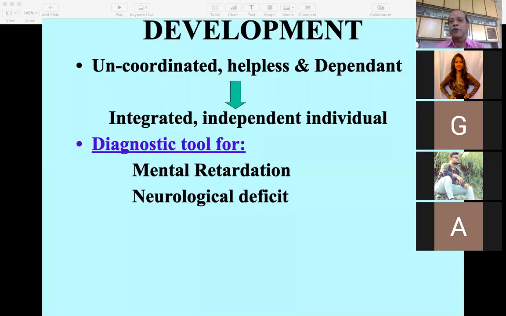So I think this is all for today. If you have any queries, you can ask questions. Tomorrow, same time, 10 to 11, we'll discuss development, which is more interesting and much more important than growth, because growth is a physical parameter and development is an emotional and functional parameter. That is very important, very interesting, and I hope all of you will join tomorrow, same time, with the same enthusiasm, so that we can discuss the most important period in the life of an individual, and that is the development of the individual.